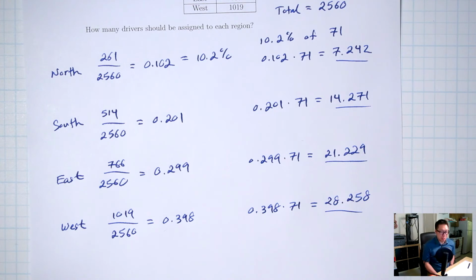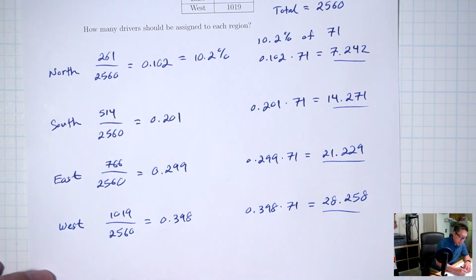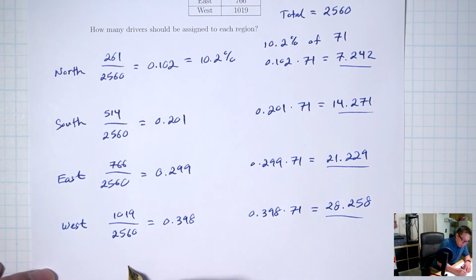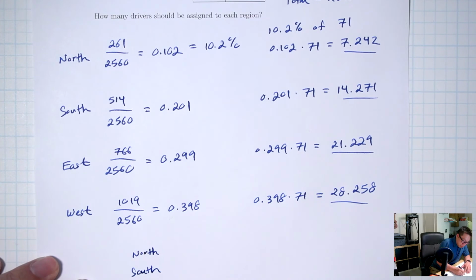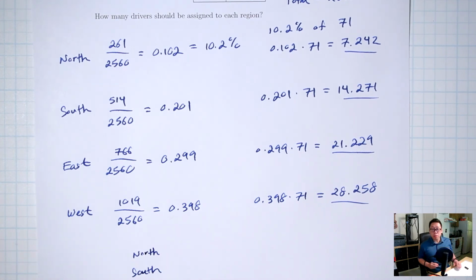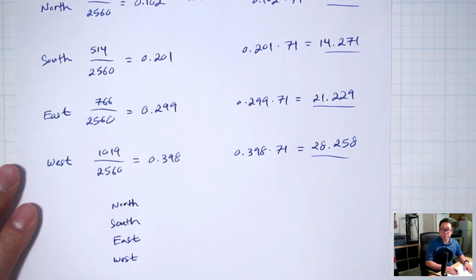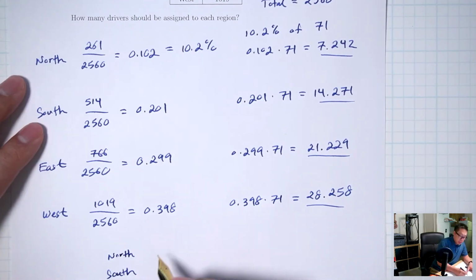What should we do with these decimals? What do you think? So you might be thinking round. Okay, I accept that. Let's agree to round. So 7.242 will be rounded to... 7.242 is rounded to what? 7. So let's give the north 7